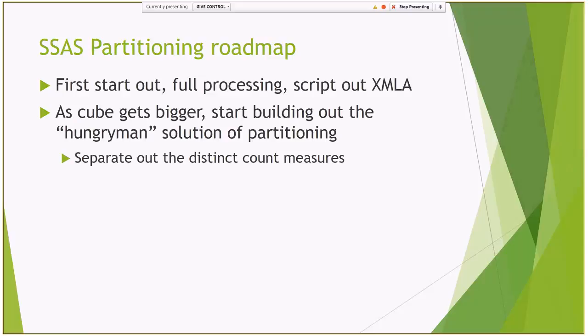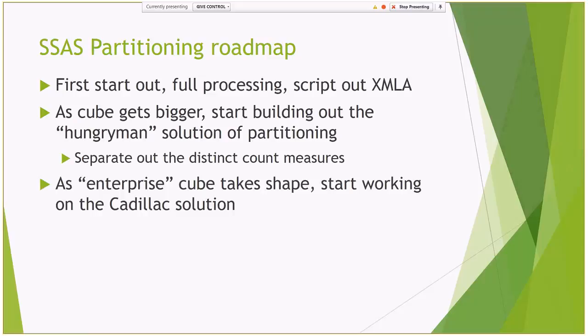Make sure you separate out the distinct count measures. But as your cube takes the shape of an enterprise cube and you have 30 measure groups, 50 measure groups, and 100 dimensions, you really need to think about taking a stab at that Cadillac solution. Because I guarantee you, your partition needs to go down to the lowest level that you can possibly manage. That usually means a week level. The month level probably won't work anymore. Actually, in my case, the day level,